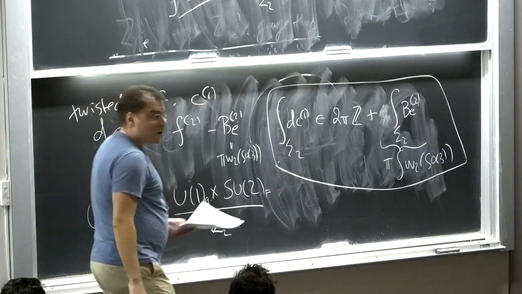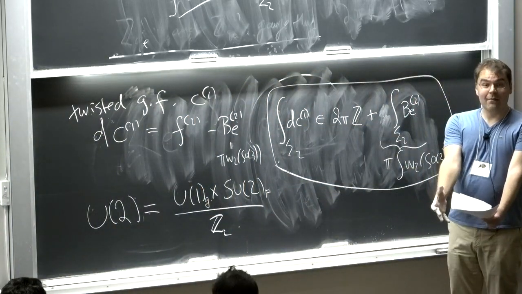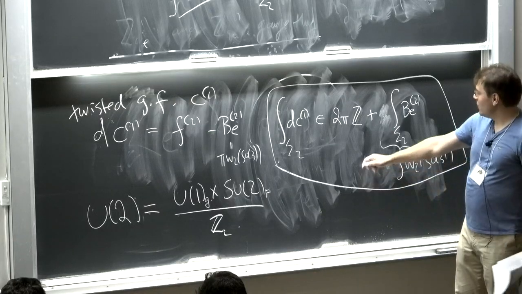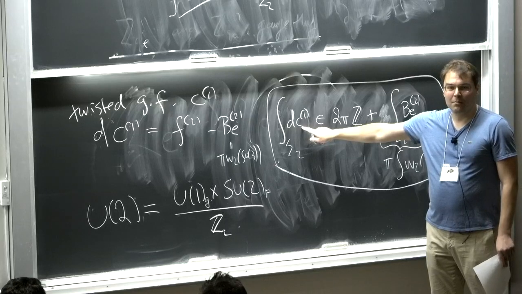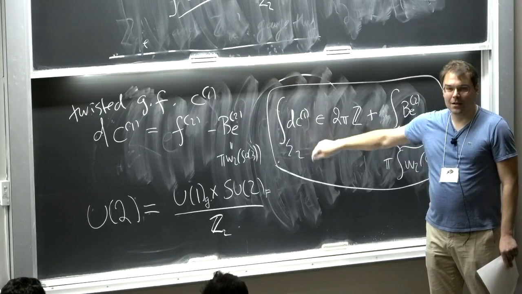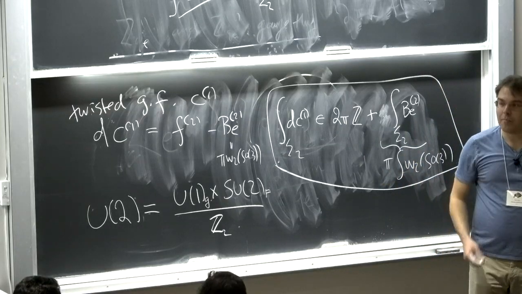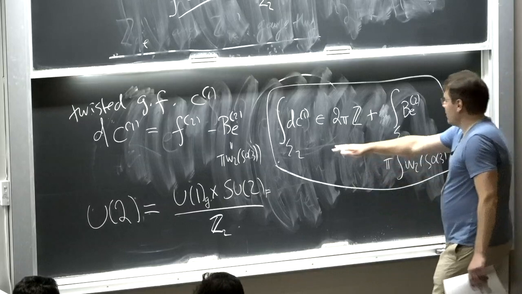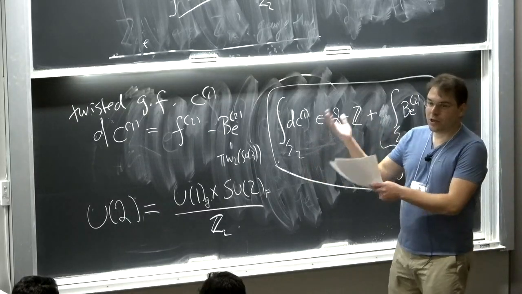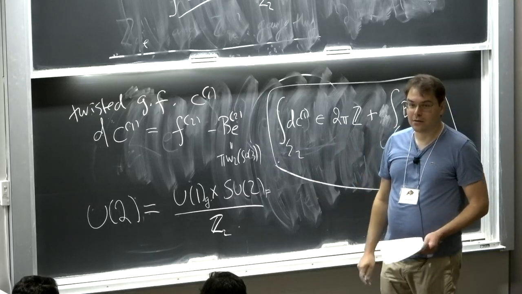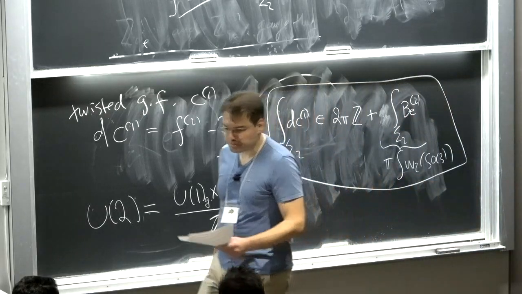But because H also has electric charge 1, you can make the rule that on every cycle where there is an SO3 problem, you insist that the U1 gauge field has fractional magnetic flux, fractional monopole flux. And you pick the fraction to be a half, and that gives you compensating minus signs. This twisted condition is exactly what you need so that the minus sign ambiguities in the SO3 part and in the U1 part cancel, so that H^I is a well-defined section of U2, which it is.